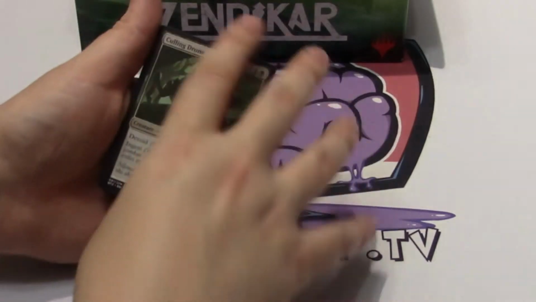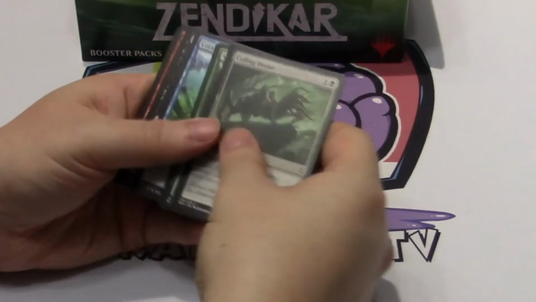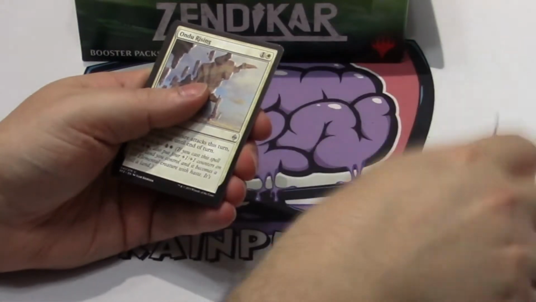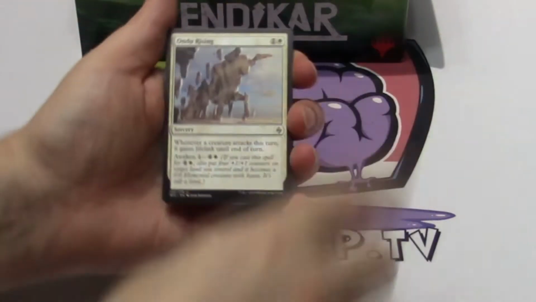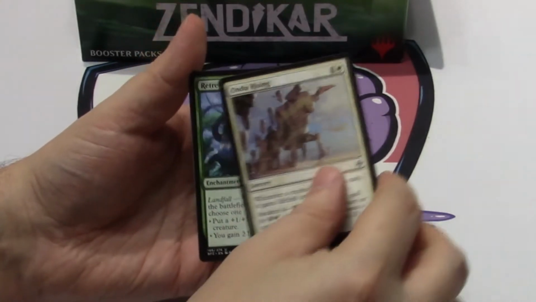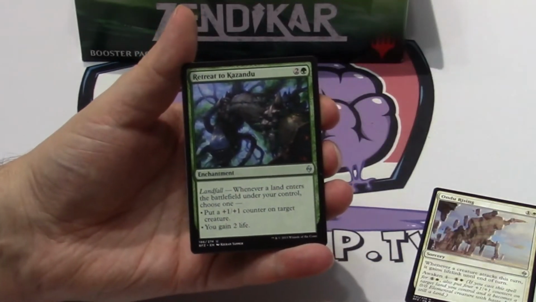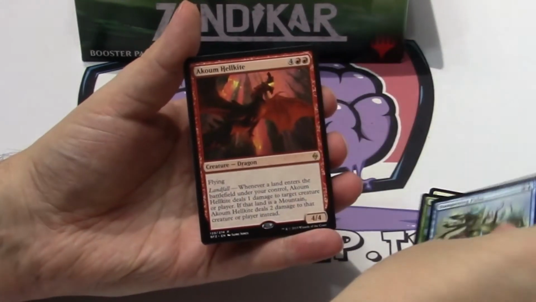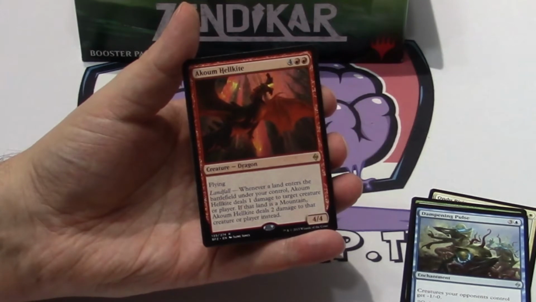I'm going to skip through the commons and go to the uncommons and the rares. Okay, so the first uncommon is Undue Rising, Retreat to Kazandu, Dampening Pulse, and our first rare is Akoum Hellkite,